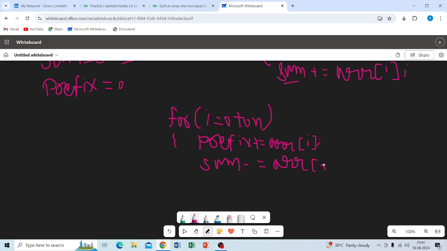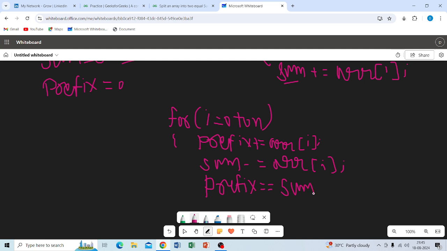If any of the subarrays will be equal, means my prefix sum, sorry if my writing is not clear to you, I'm trying to fix that. You have to understand what the approach is, and later on I will discuss it with the code. Okay, so if the prefix sum is equal to my sum,